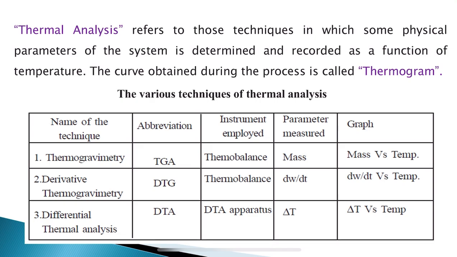To say it in simple words, the crystalline compounds, say for example the inorganic compounds, will have a sharp melting point. That means at a particular temperature, say for example at 115 degree centigrade, all of a sudden it is going to change its state from solid to liquid. Okay. So, those compounds which change their state from solid to liquid at a sharp increase in the temperature are said to have a sharp melting point.